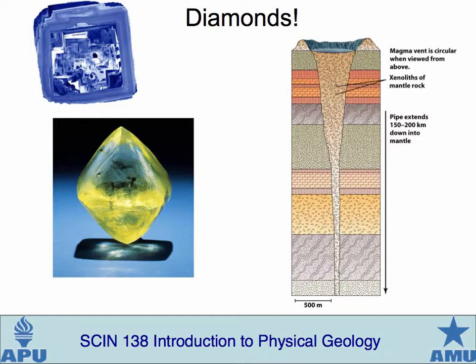Let's switch gears slightly and talk about diamonds, because diamonds are really pretty fascinating, but diamonds have their origin very deep in the center of the Earth. Essentially, we know that diamonds are pure carbon. So what happens is that carbon is coming from the surface. We don't have any source of carbon deep in the Earth, so that carbon must have come from the surface